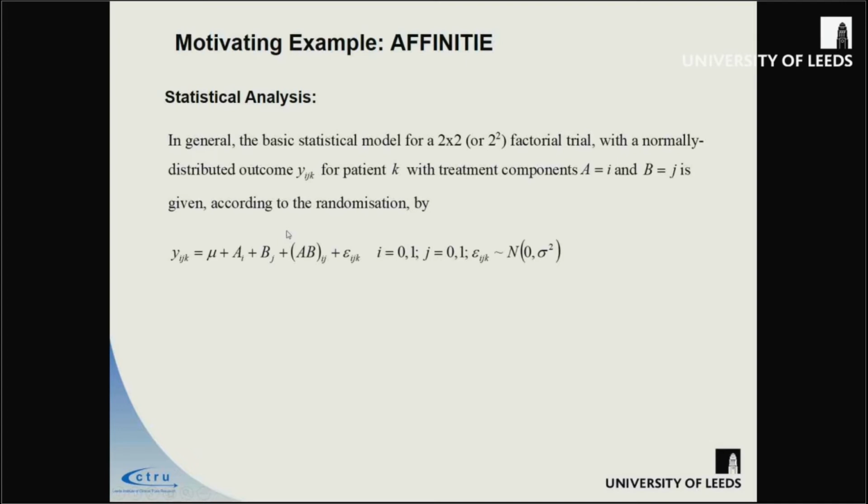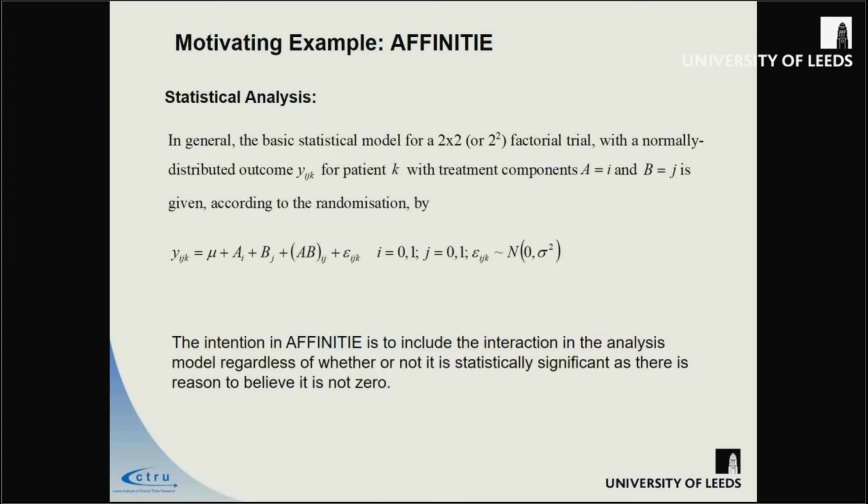Now, automatically in my mind, because that's what we do in clinical trials, I had used this dummy coding, where I coded my control within each factor as 0, and my intervention within each factor as 1. And that is the normal way that we do these things, and I'm changing my mind on that, but we'll come to it.